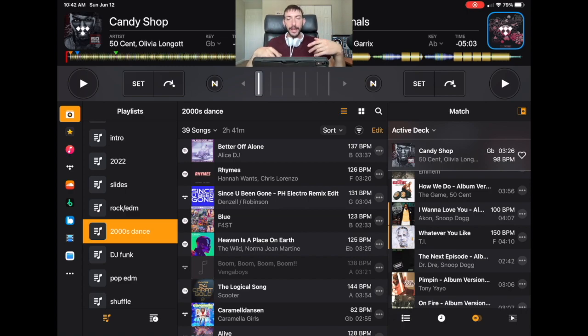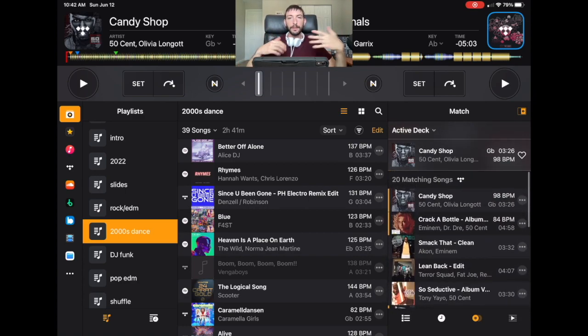The match engine on Djay Pro is really accurate, and I don't know how they did it, but it finds perfect songs to match. So you could use this in a jam during your set if you just can't think of what song to play next. Let's say someone gives you a request